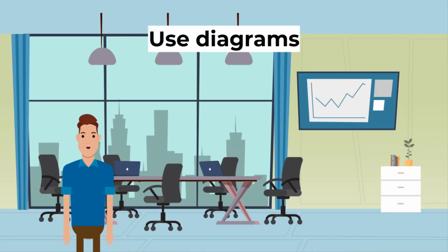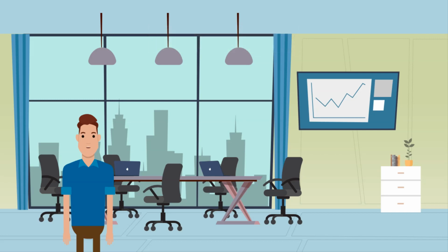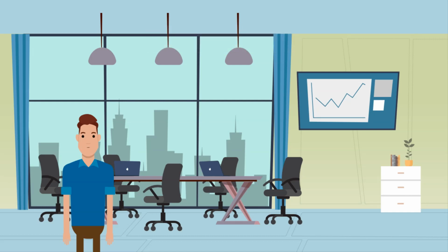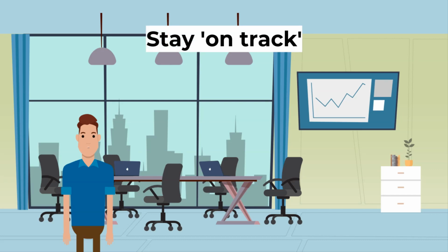Wherever possible, use diagrams to aid your explanations, but make sure that they are accurately drawn and correctly labeled. You should also make sure that you refer to them in your answer. You should also try and bring in appropriate and relevant examples, wherever possible, of current economic issues and problems to support the points you are making. Look back at the question every so often, just to make sure that you are answering the question correctly and staying on track.